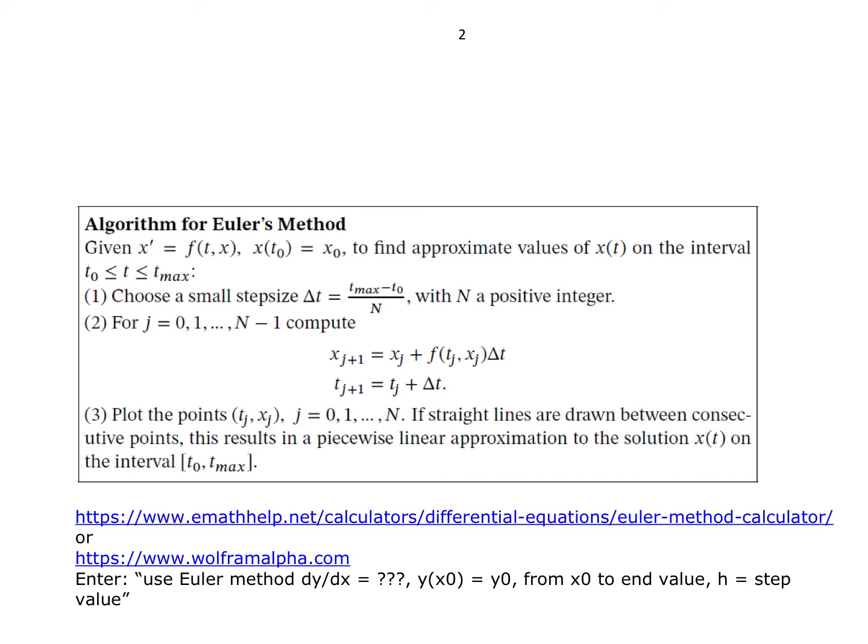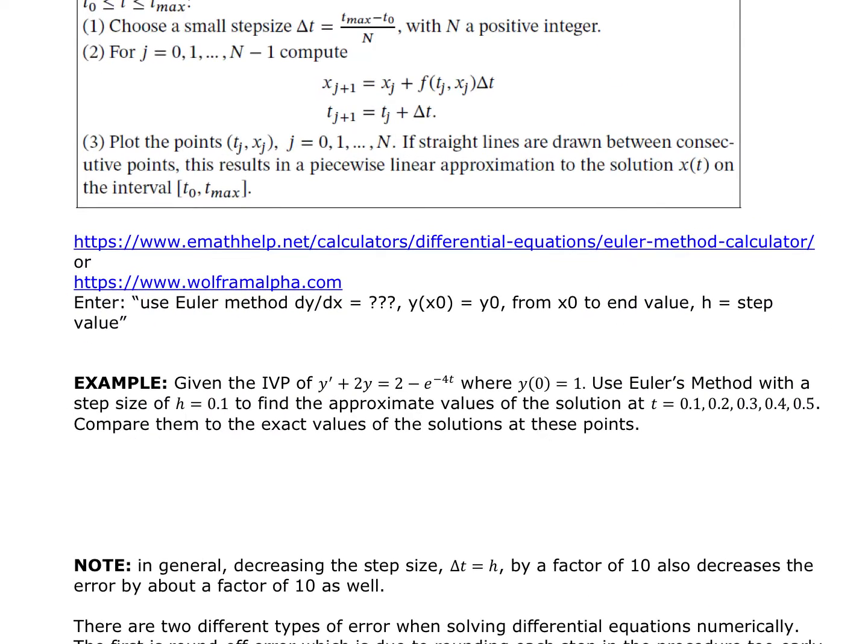One of the algorithms, and there are calculators for these, to do this approximation is Euler's method. Here's one of them. Now there are actually going to be 3 of them that we're going to explore. If you're going to use one of these calculators or any calculator, make sure you're using the correct one. This is Euler's, the one I'm going to use. And I can go to Wolfram, or I can click on this one. I'm going to go out to this one, and I'm going to show you what you need to put in